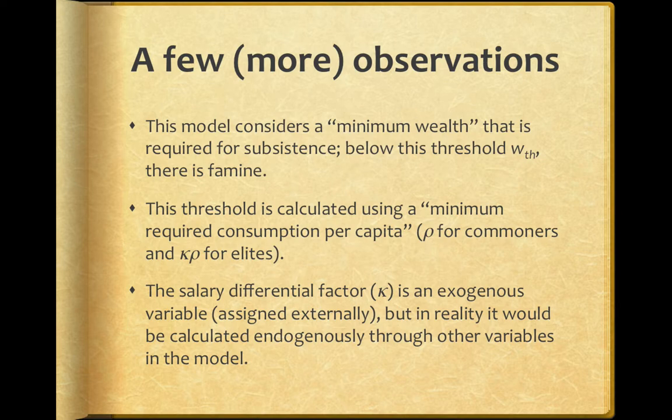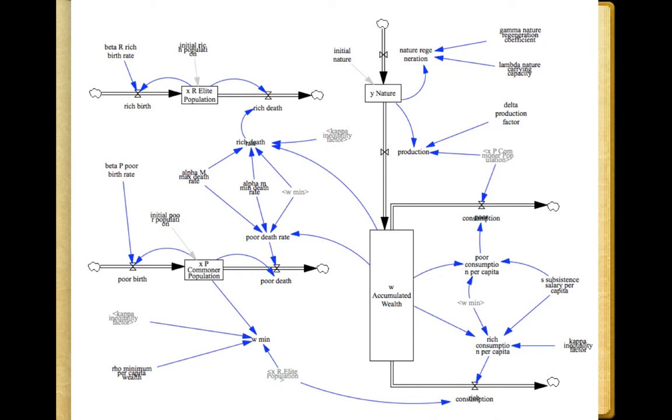And this salary differential factor, or inequality factor kappa, is an exogenous variable, so it's assigned externally, but in reality it would be calculated endogenously through other variables in the model. So that's actually one thing that's being improved on in this current version of Handy. We're going to be doing an additional video to walk you specifically through the Venson model, but I wanted